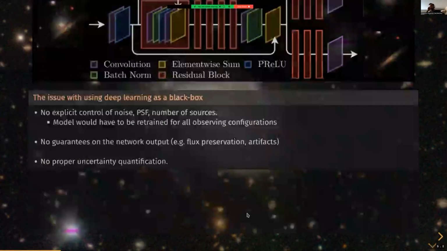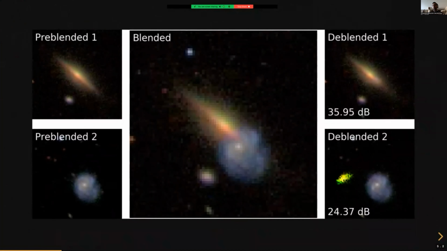And just to illustrate on this particular example that I'm not making these issues up, they actually happen in practice if you're not careful. Here is an example of one of those artificial blends that you can generate for this network to deblend on its own. And you see here on the right that for no particular reason, the network has decided to add an object in the image. You see that this yellow stuff here is not in the input image. There is no reason for the network to put it here. There's actually nothing in the training set that would lead the network to do this, but it's one of the failure modes that can happen because there are no strong guarantees that it cannot add signal when there is no input signal. So that's an example of a failure mode that we really do not want to see.